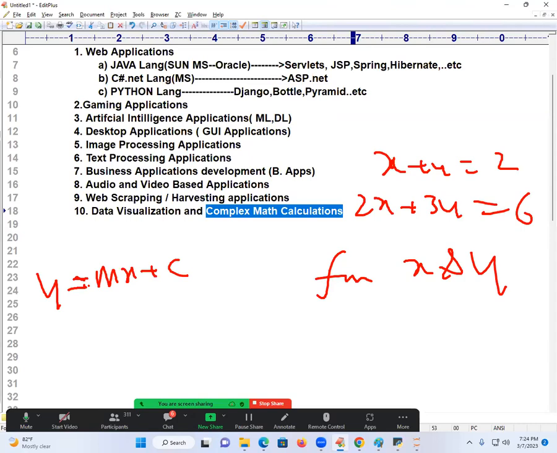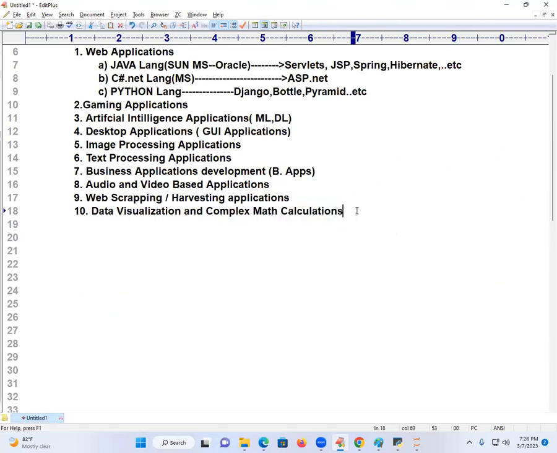A subject should always be learned practically. Don't learn academically. This is my advice. Such type of things, I'll write 2 lines. I'll just write only 2 lines. Complex mathematical calculations can be easily performed in which language? Python language, because it provides a lot of modules for it.